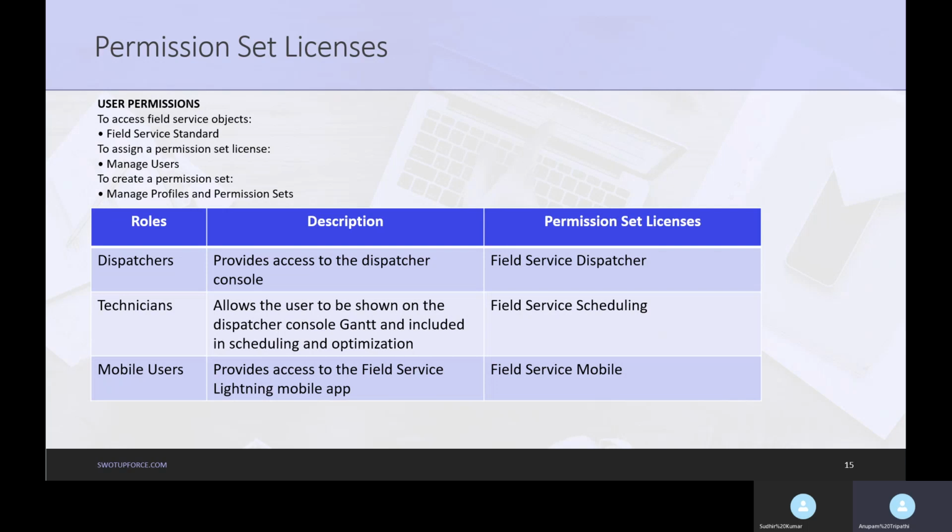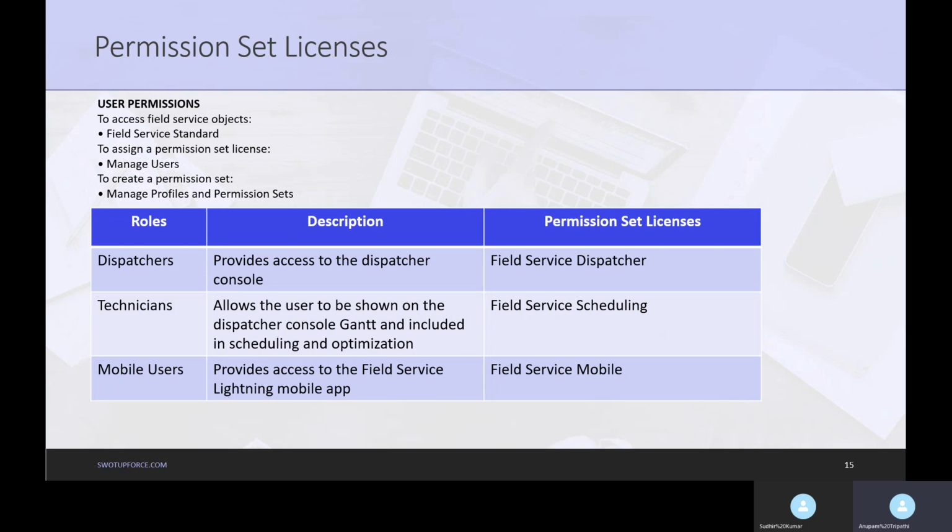So you may ask the question like how this permission set license is different than permission set. So you can imagine like you have a license, and you want an extra feature. Suppose you have a feature for live agent, right?